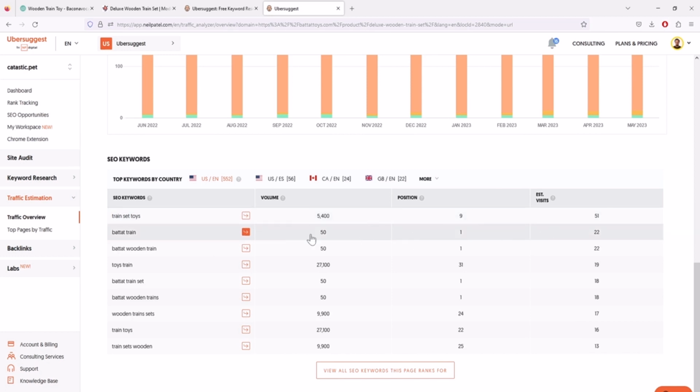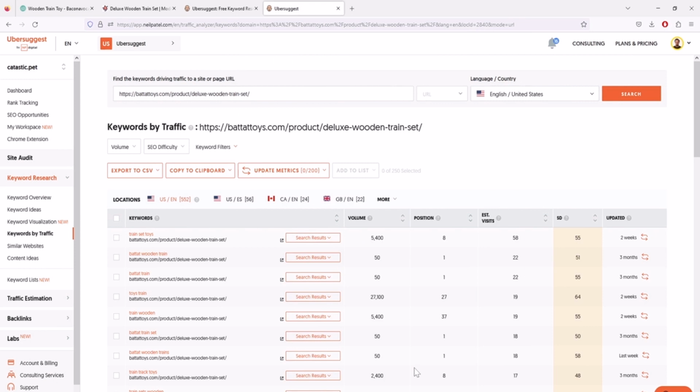So in this case, it has even a brand keyword, beta train. And as you can see, the volume is not so high, but this is a brand keyword. It's very powerful, and that means this website is quite popular. So as you can see, it's ranking in the first place. For toys train, it's ranking in the third place, and as you can see how many visits each place is getting. So if I would click right here to check all the keywords for which this product is ranking, I